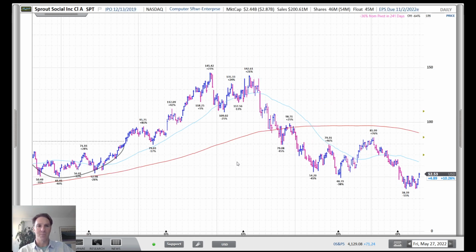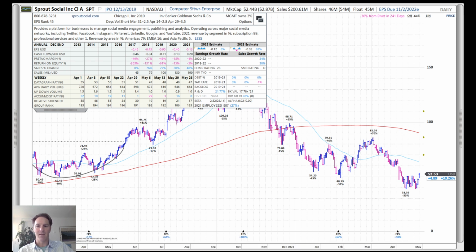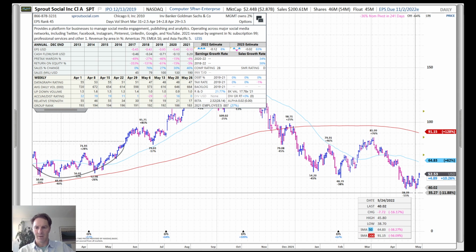Turning now to Sprout Social, ticker symbol SPT, market cap of 2.9 billion. Here's the quick summary. So they have a platform for businesses to manage all their social media stuff. The stock took a bit of a hit earlier this week when Snap came out with their earnings. Obviously a rough reaction for Snap. And Sprout was down